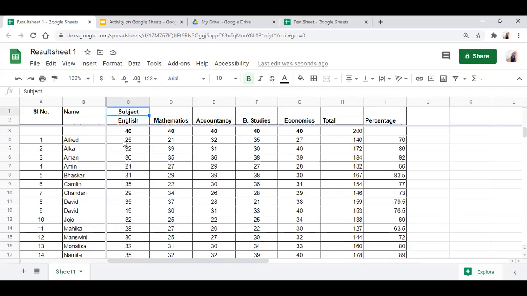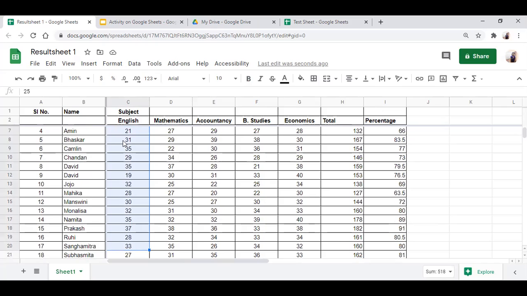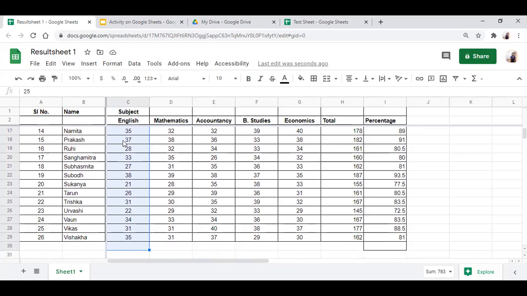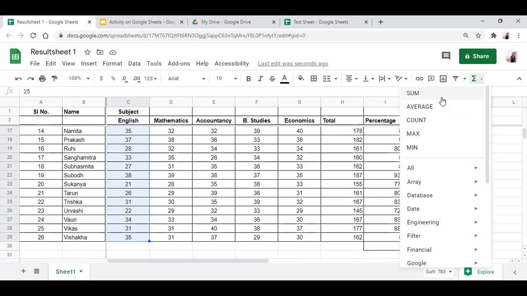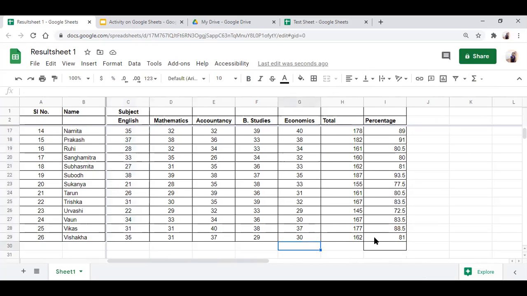Okay, so let me take from here, right? So I can select this, then I can go there. Okay, I can take like this. So what I'm going to do, I'm going to do average. Then I can go here, then I can click average, I can get, right? The other way of doing this is,